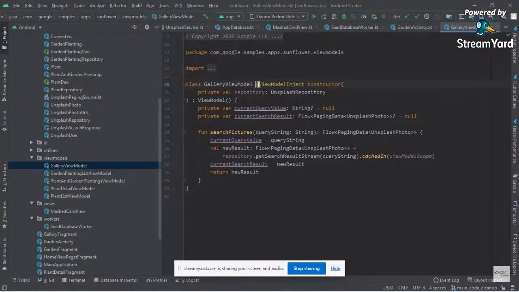Hilt, again, is built on top of a library called Dagger. Dagger was the earlier widely adopted dependency injection library, and now they have enhanced it to an extent, and they have named the library Hilt. Okay, so they have new concepts in Hilt. This is how injection is done in a view model. So you are injecting the repository,